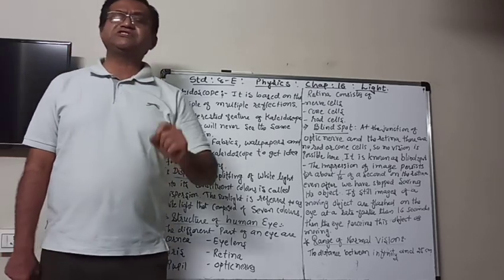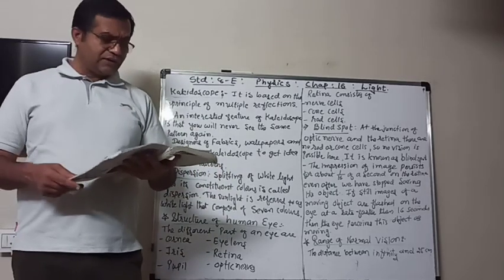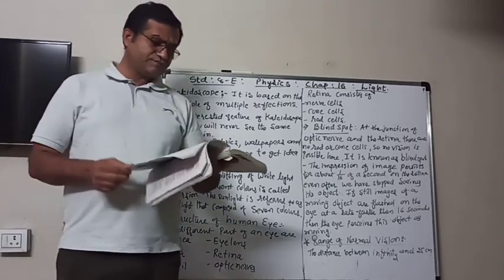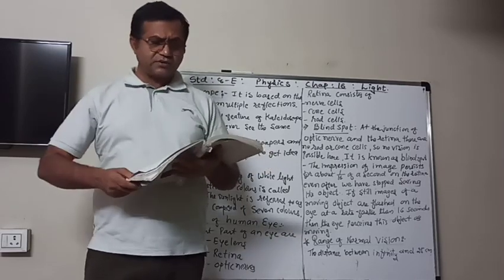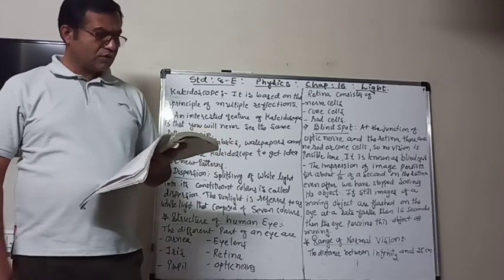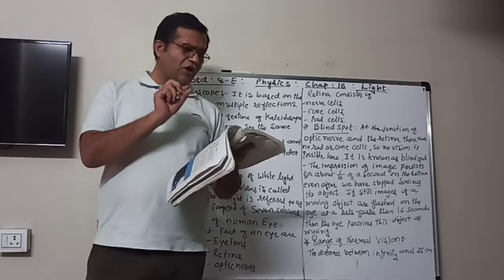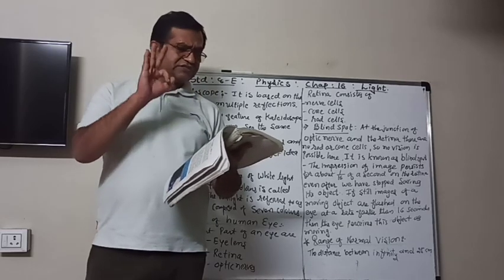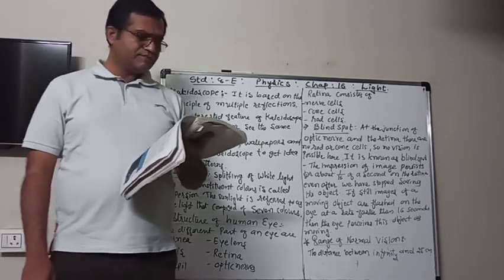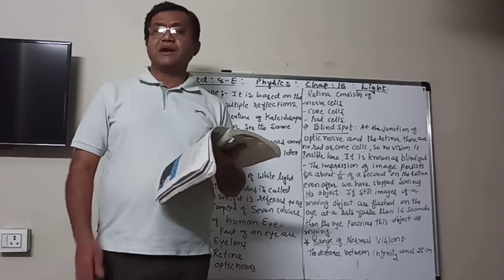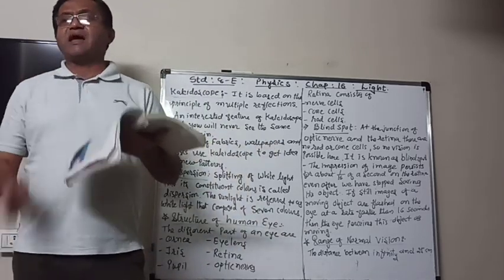You need 3 strips of plain mirror, and with that you need some cardboard and plastic, etc. What can we do? You take three rectangular mirror strips, 15 centimeter long and 4 centimeter wide, and then join them at an angle of 60 degrees like a prism and make a triangular structure.